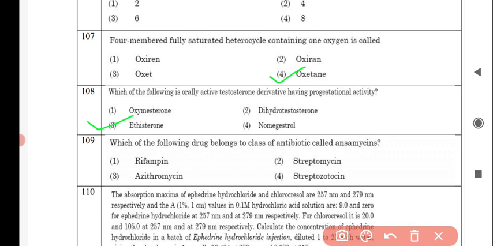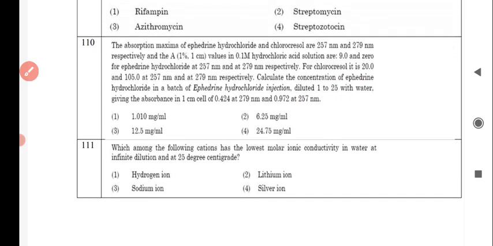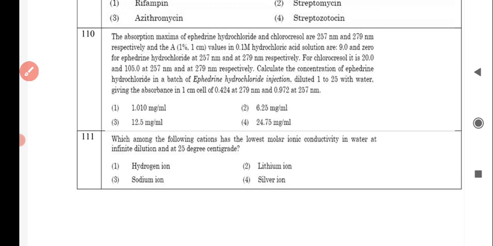Next question is, which of the following drug belongs to class of antibiotic called ansamycin? And the correct answer is option number 1, that is rifampin. So next question is numerical based question. So I'll tell you the answer for this question. So the correct answer for this question is option number 4,